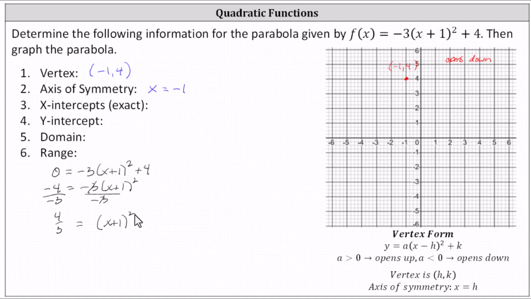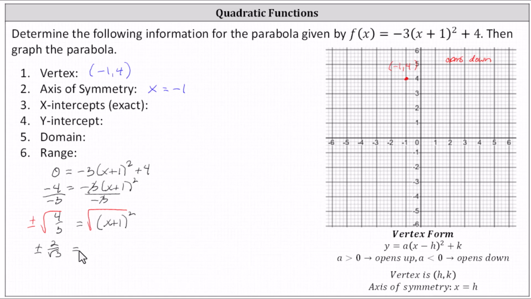Next, we undo the squaring by square rooting both sides of the equation. But remember, when we square a positive or square a negative, the result is positive, which indicates we'll have two solutions. When we square root both sides of the equation, we need to include a plus or minus on the left to make sure we get both solutions. On the left, the square root of 4/3 equals the square root of 4 divided by the square root of 3, because the square root of 4 is 2. We can write the left side as plus or minus 2 divided by square root 3